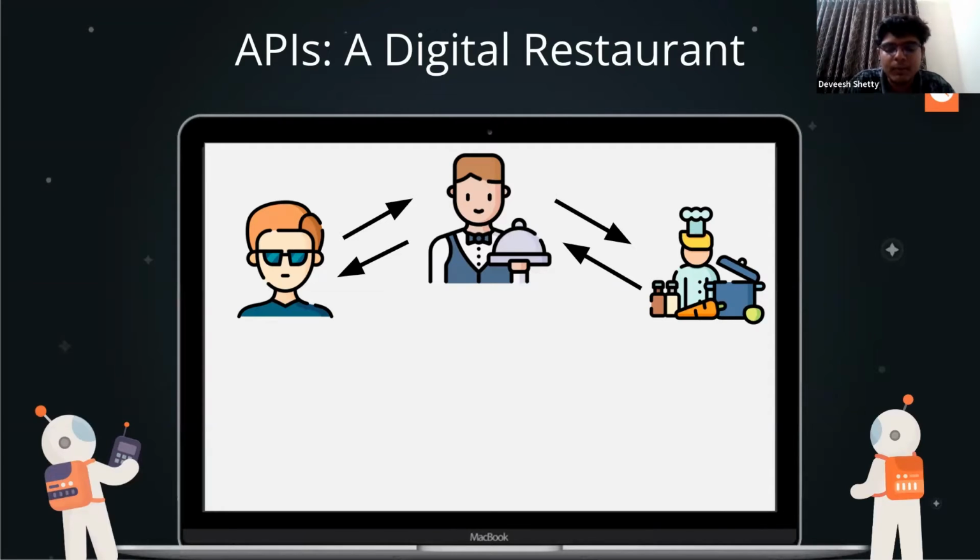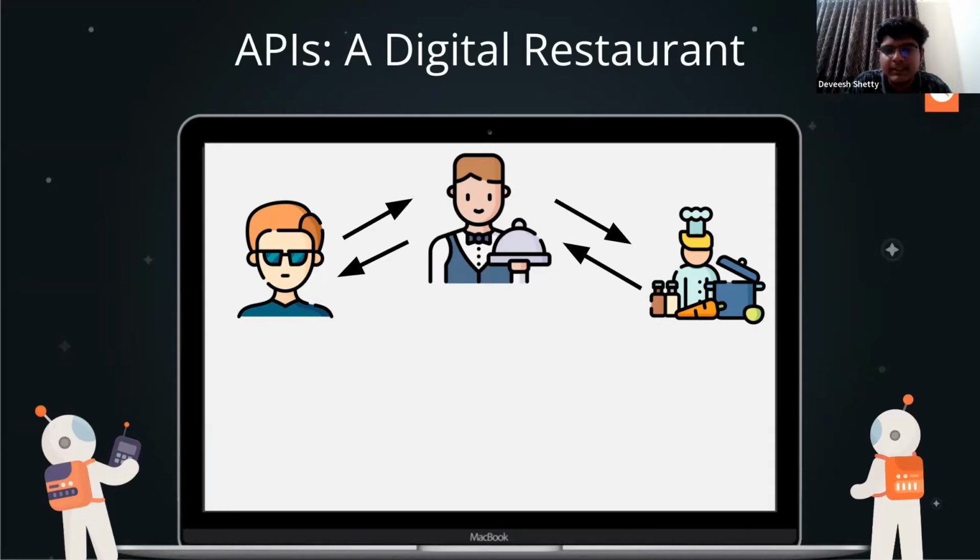And then the waiter doesn't know whether they have broccoli or not. So he goes to the kitchen and tells the chef he wants one broccoli salad or something. Then the chef will say, no, we don't have broccoli, please deny him. So that's an unsuccessful response. So you are getting my point in that. So that's how the API bridges the gap between the customer and the chef in a real world scenario.